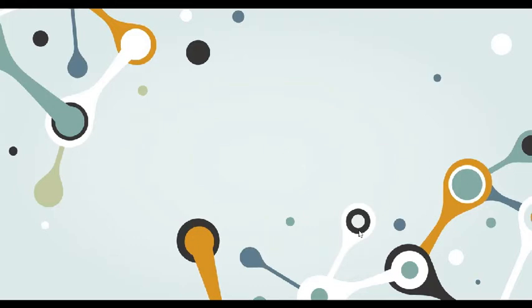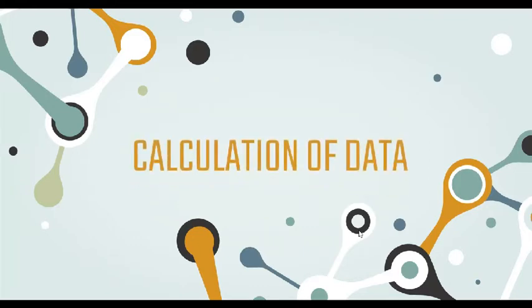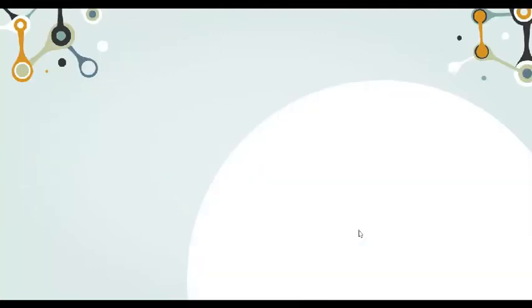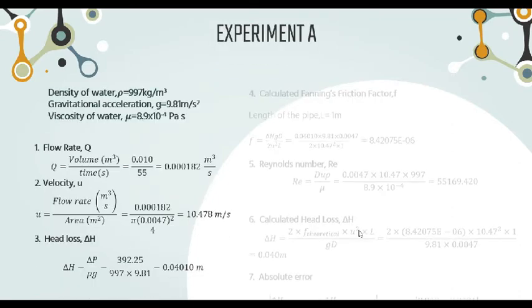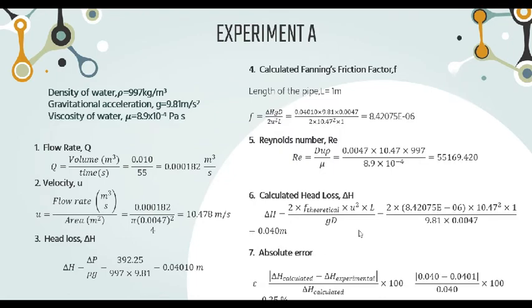Next, I will explain the calculation of data for experiments A, B, C, and D. This is an example of the calculation. For experiment A, the first thing we need to do is find the flow rate, which is volume over time. The flow rate is set by us during the experiment. We set the level of the water and measure the time taken for the water to fill up to that level. So we find the flow rate manually, and then we find the velocity,